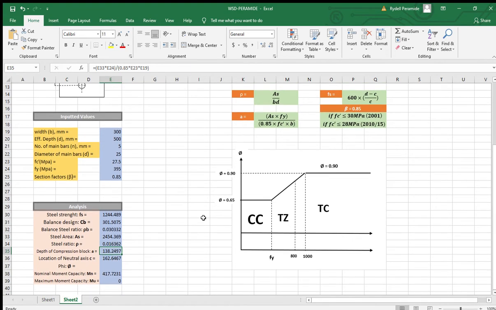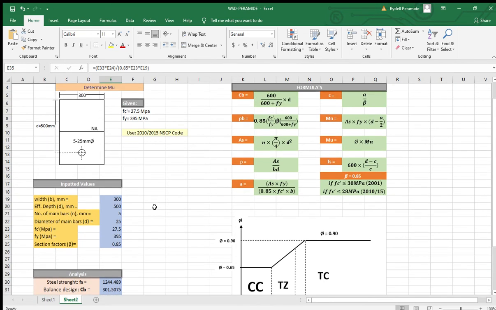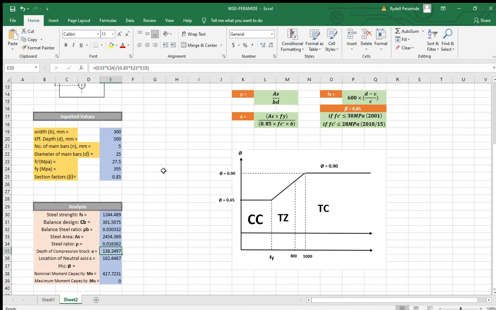Next is the location of neutral axis, or c. And the formula is a over beta. So a 138 divided by beta. So the beta according to NSCP 2015 is 0.85. So we get an answer of